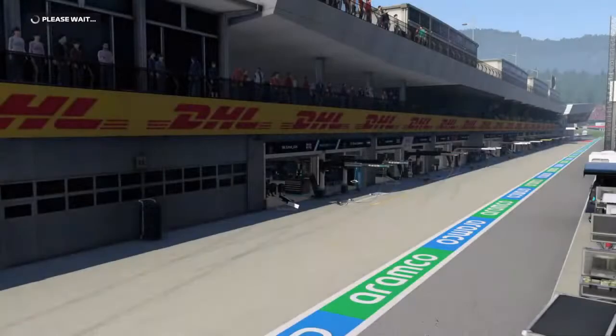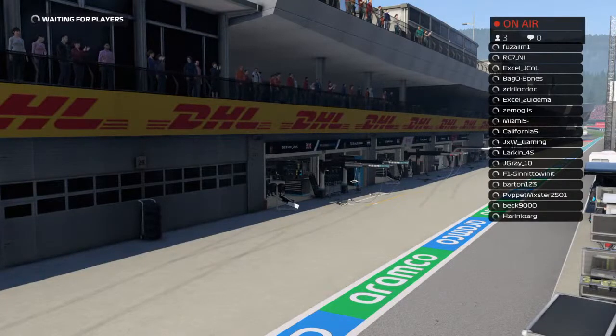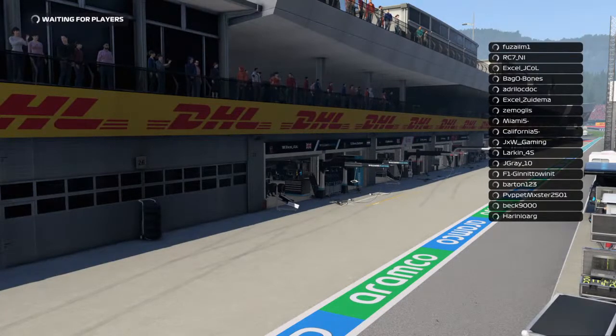It's a track that, if it is dry, DRS is king here. If you can stay within someone's DRS, you are in a good position to...